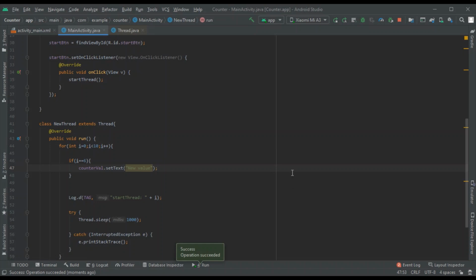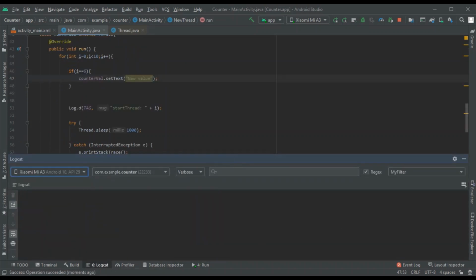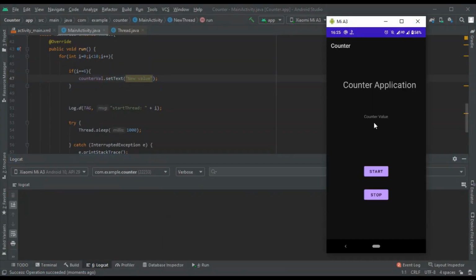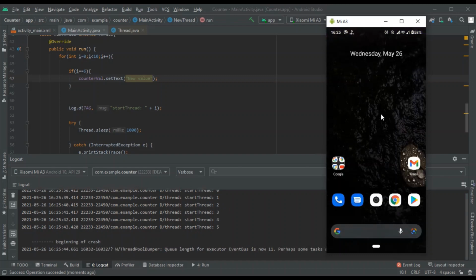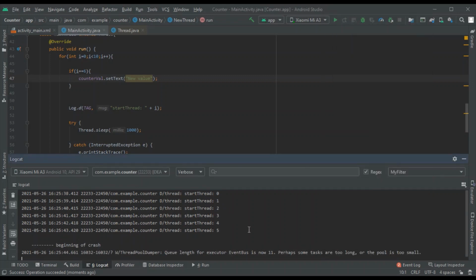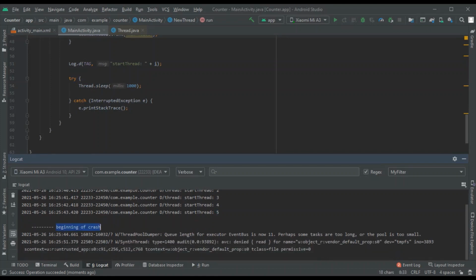Okay, so I have installed that, and when I start the application, see here what happened. Whenever the I value becomes 6, the app crashed, right? The app stopped working, because